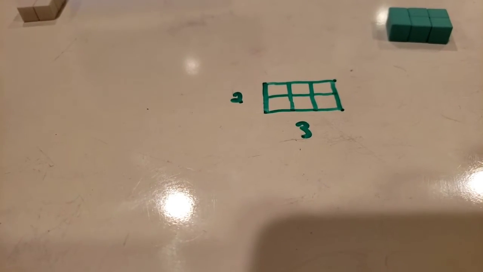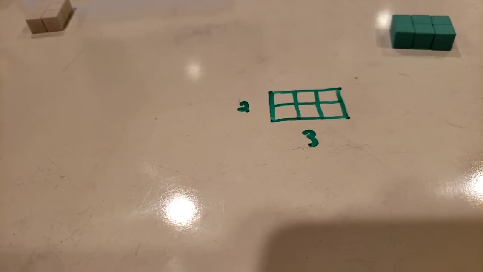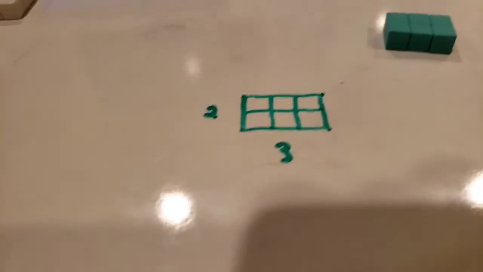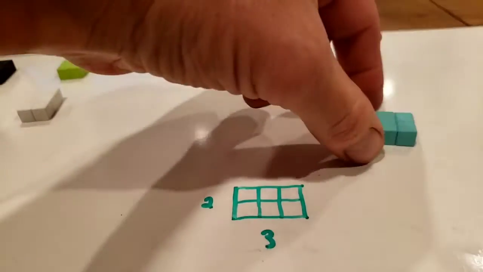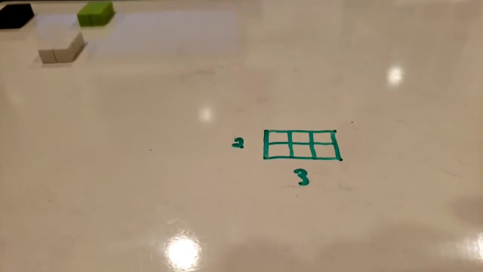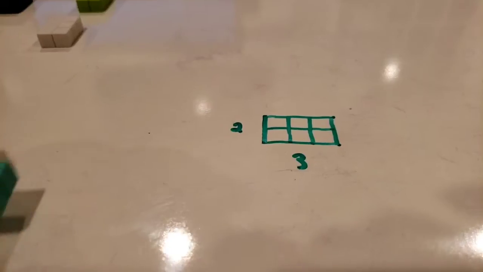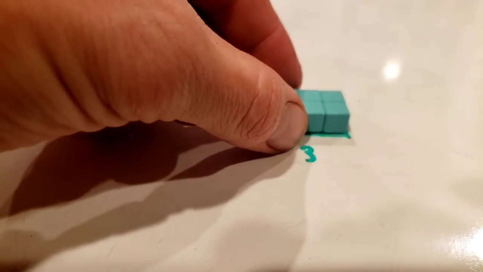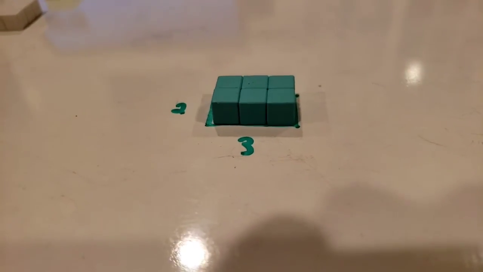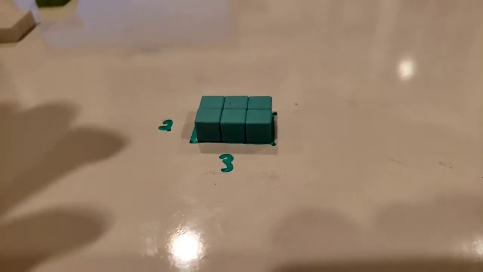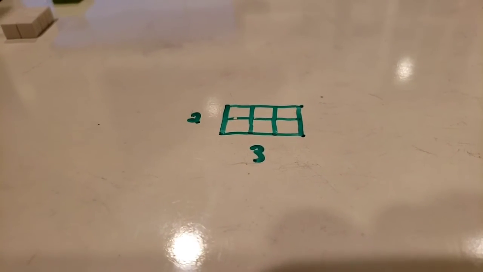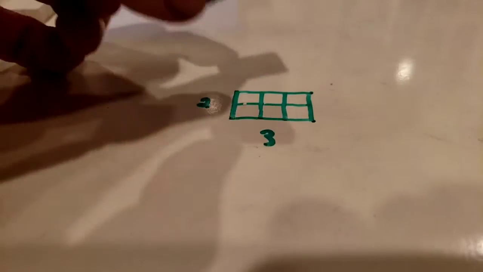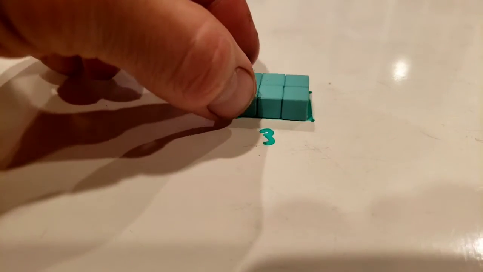All right, now what if, like in the Math Antics video, we extend that and give it a third dimension? So it has a length and a width. What if we gave it a height? All right, so what if we gave it a height of 1? So now this shape is two-dimensional and it has an area of 6, but as soon as we give it a third dimension, now we use